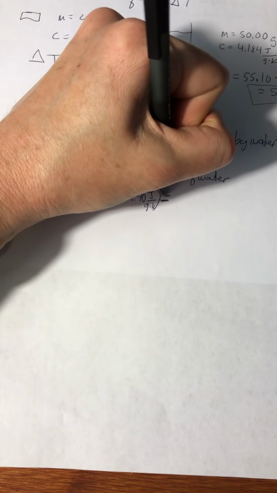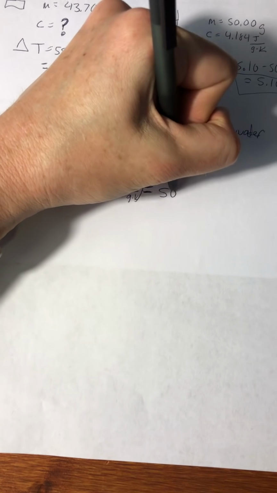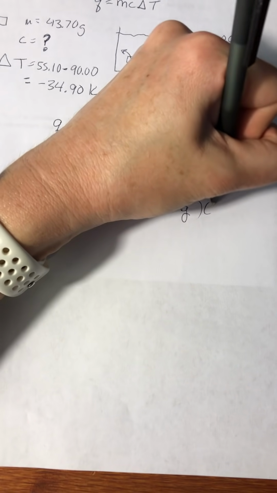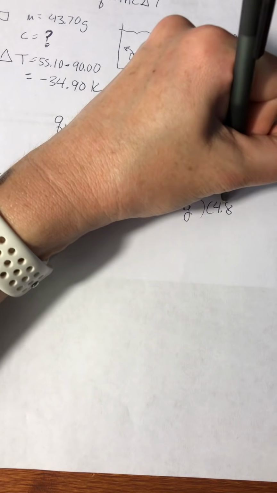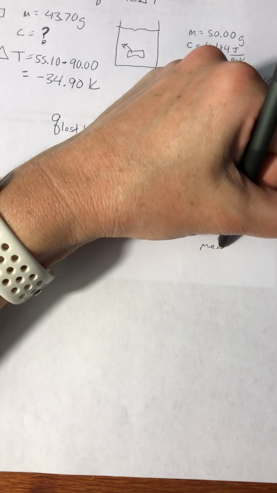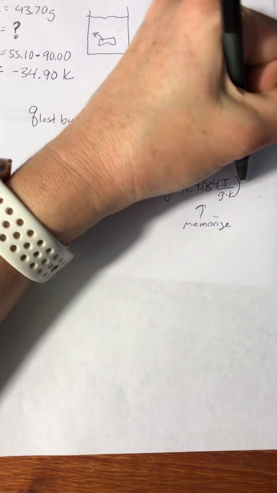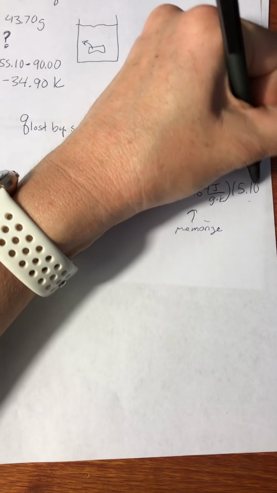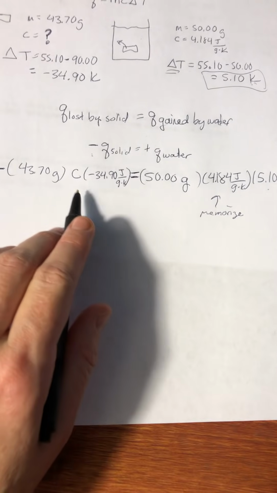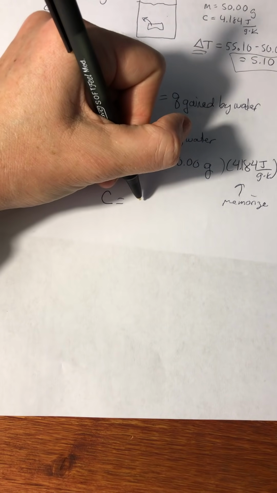Well, we actually know all the variables for the water. We could have solved that in and of itself all alone. So we know the mass of the water is 50.00 grams. The C of the water you need to memorize, 4.184 joules per gram K. Memorize. And the delta T is 5.10 K. Now you have everything that you need to go through and solve for this C. You should never end up with a negative C. And your C is going to be